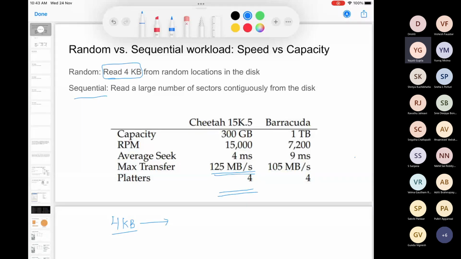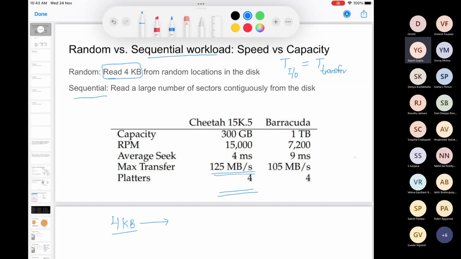But in case it is random, after reading 4 KB, you will have to move to some other place in your hard disk. After reading that 4 KB, again you have to relocate yourself. So how much time will it take? There will be additional time added here. In the case of sequential workload, if you remember the formula which we looked at yesterday, your total input output time will be equal to your transfer time.